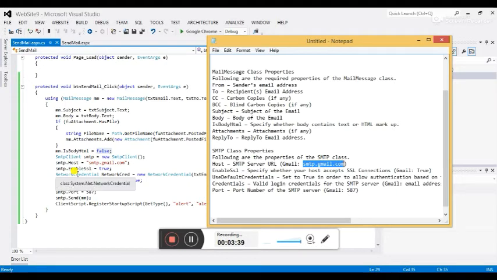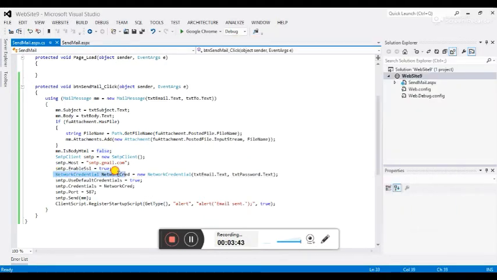Now you can see that I have created the object of NetworkCredential, and it is expecting some values. The first value is the email ID which is hidden in my text box, and the other is the password which is also hidden in my text box. I set Visible false for both these text boxes.